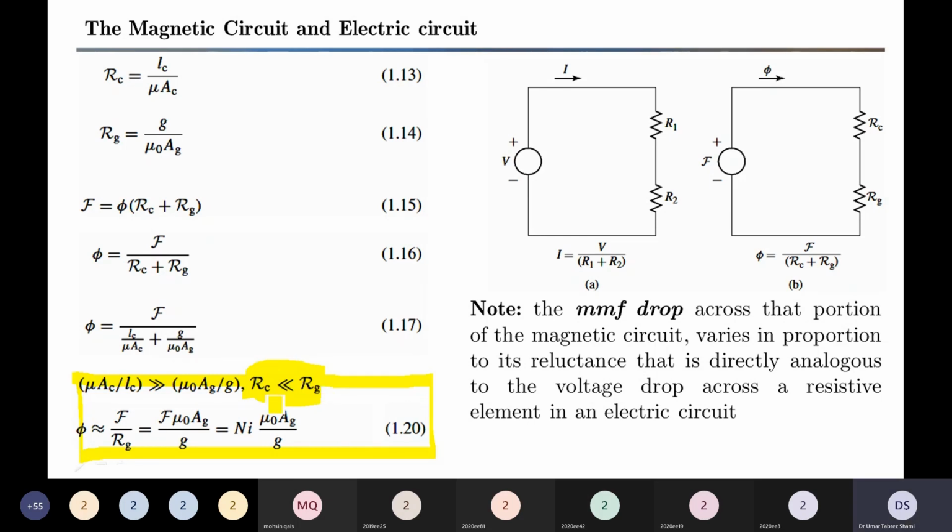If we establish this, then we can ignore the LC over mu AC, and then we get that the flux is simply